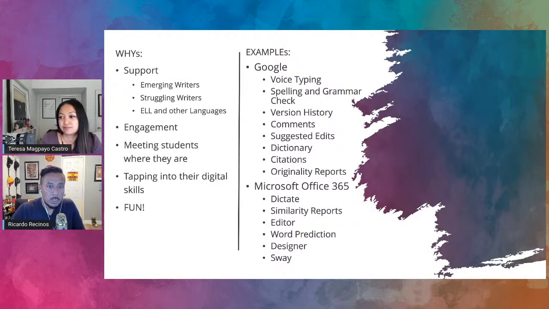And as we mentioned with the reading tools, remember that these are just forms of support for our students, not a solution. I'll give you a perfect example. If you ask my daughter to write for you, she has a very difficult time. But if you use some of the tools that we're going to see today, she actually is able to express her thoughts using her voice. And after that, she's able to go back and rewrite her ideas. So again, a form of support, not a solution for the kids to just do everything this way.